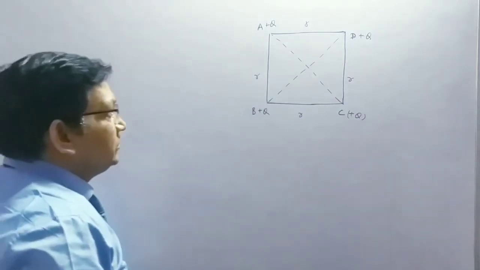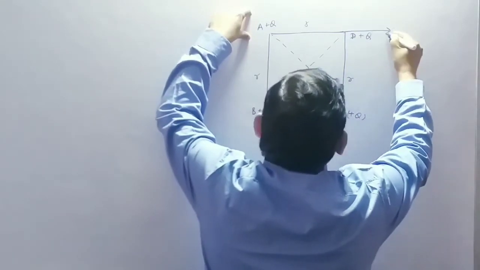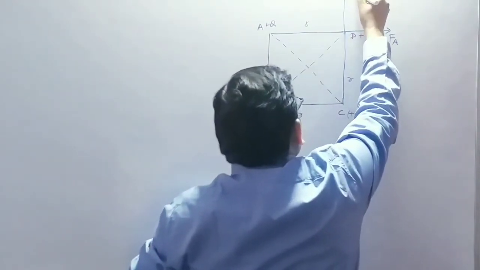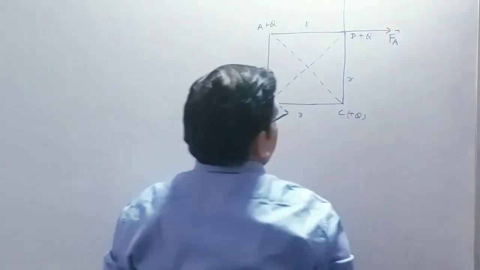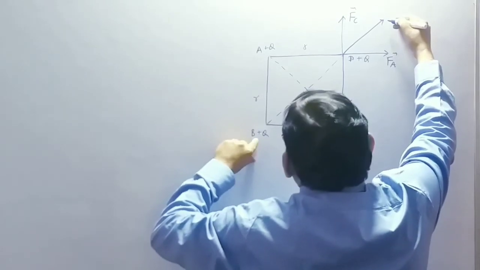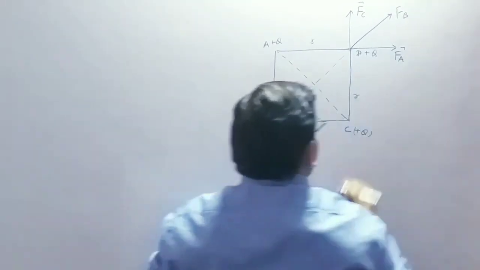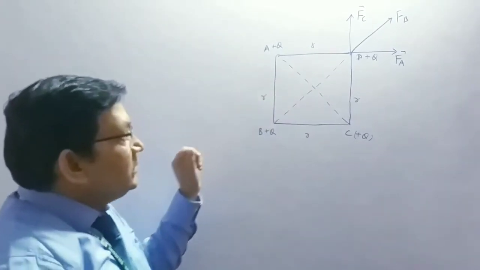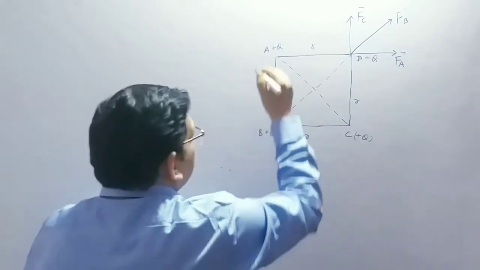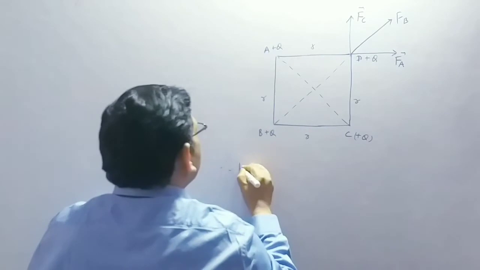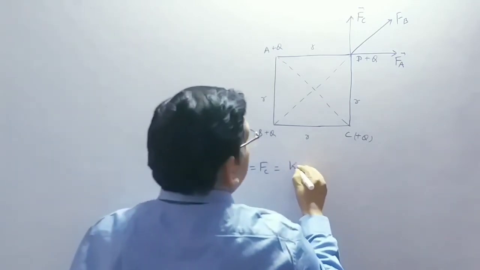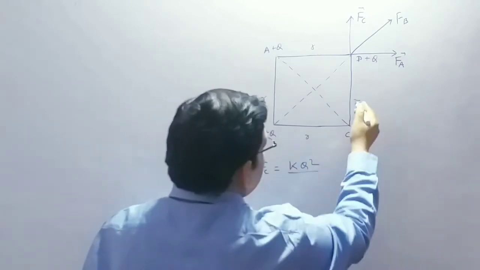So first select the direction of the forces. Due to this charge, this is the direction of the force of A. Due to this charge, the direction of the force should be force C. And the third charge at B, the direction of the force would be along this one, force at B. First you find the resultant of force A and force C, and then you add the resultant of this force in the direction of force B. Now the magnitude of the force due to charge at A and C would be same, so the magnitude would be K Q square over R square.